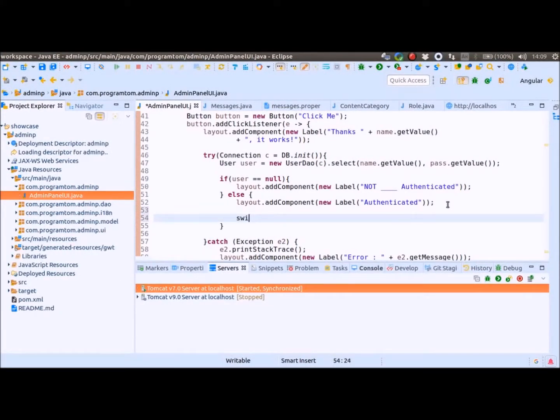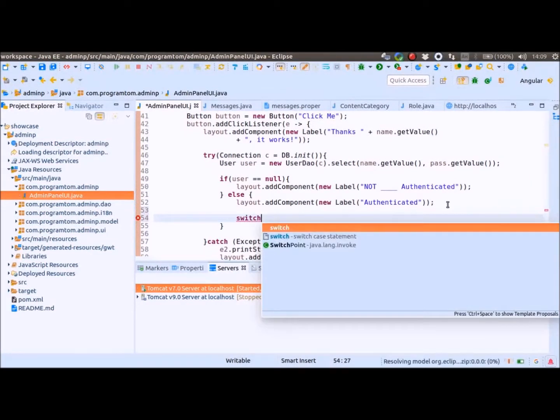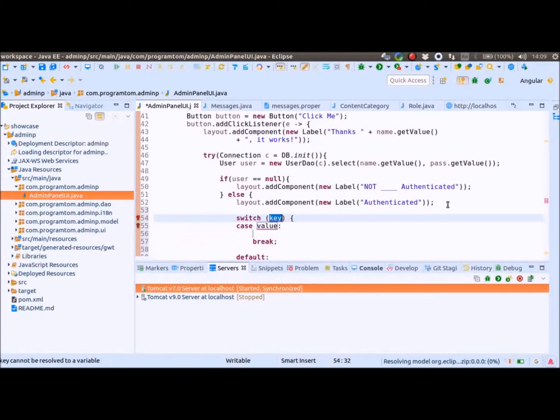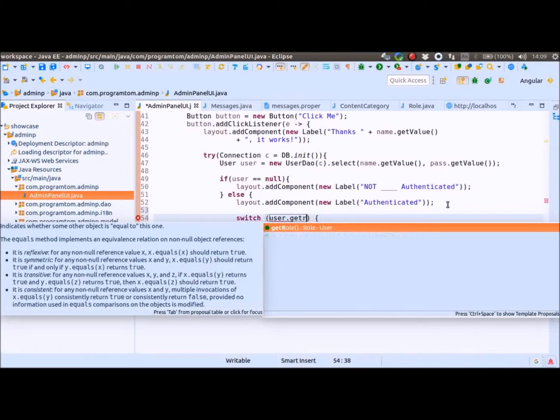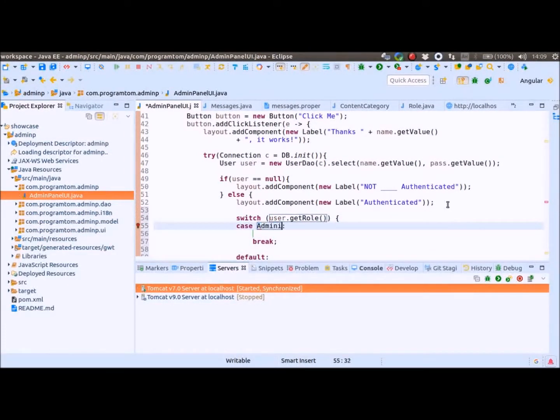I'll add switch case. User is not null, so I'll get the row, and if it's administrator, I'll add